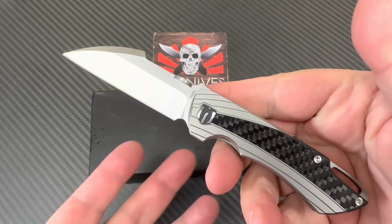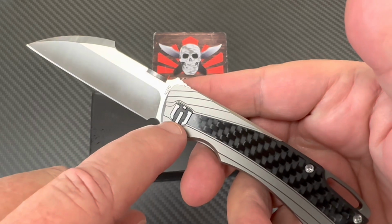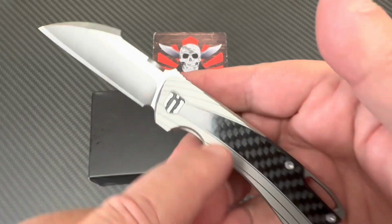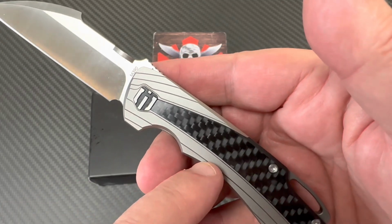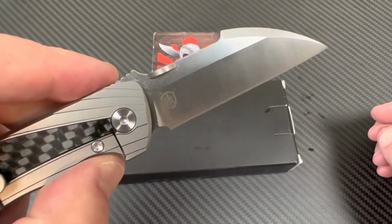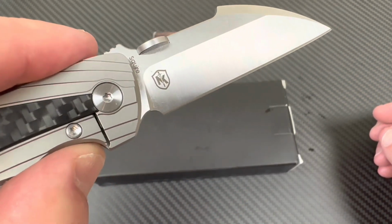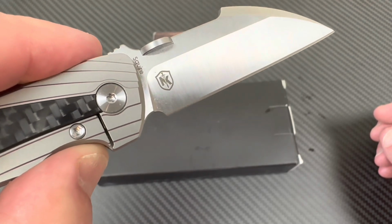Okay, this is made by Shieldon Knives. This is their logo. It's M390. It's titanium. It's carbon fiber laminate, maybe? This is designed by Marshall Noble, okay? And he did the Goblin